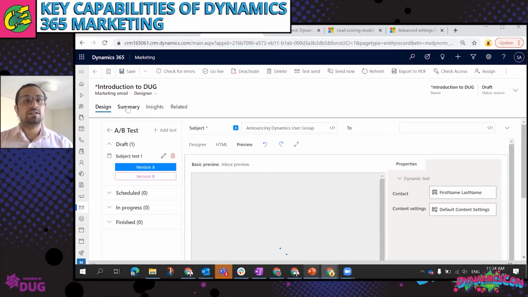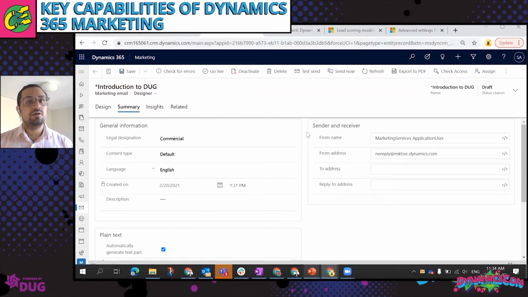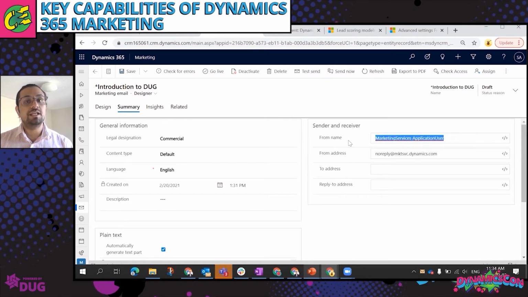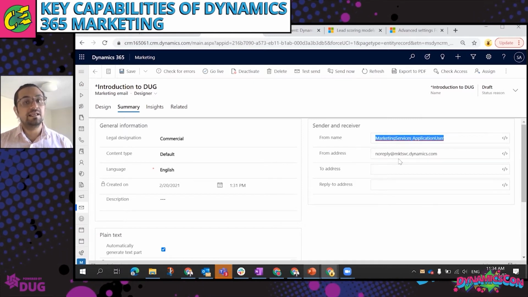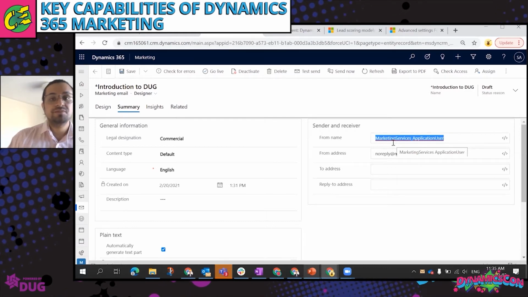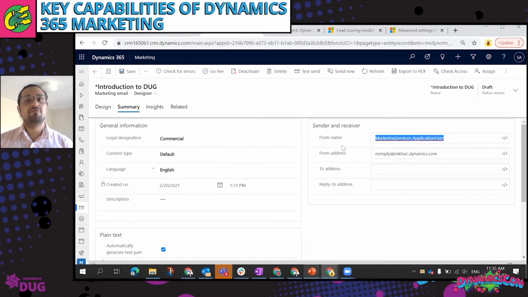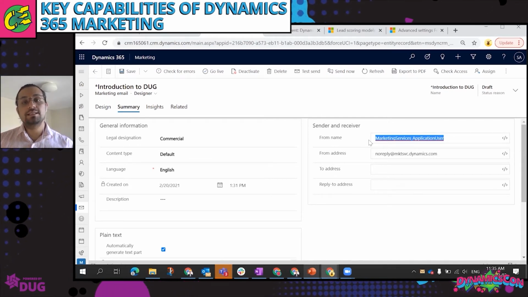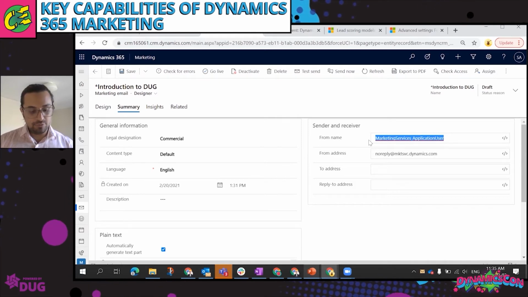You can also see the summary of the marketing campaign you're going to run. So which username you want to mention here, and which email address this system will send an email from. So in the summary, you can define what the name will look like. Instead of putting something generic like marketing, you can put a real name. Let's say I put Ashish Rana here,